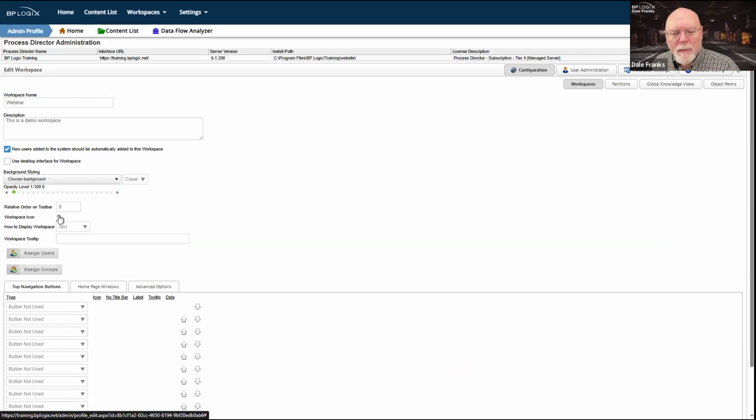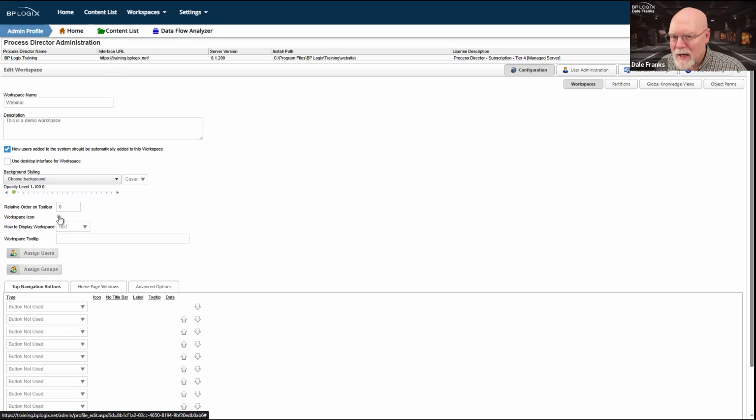So, workspace icon. Now, this is where we were talking earlier about this navigation bar. Actually, that's not it. We have to get down to that later. That's for the actual navigation buttons. Sorry. This is for the icon itself for the workspace. Although similar things apply here, as will apply in a second when we talk about the navigation bar.